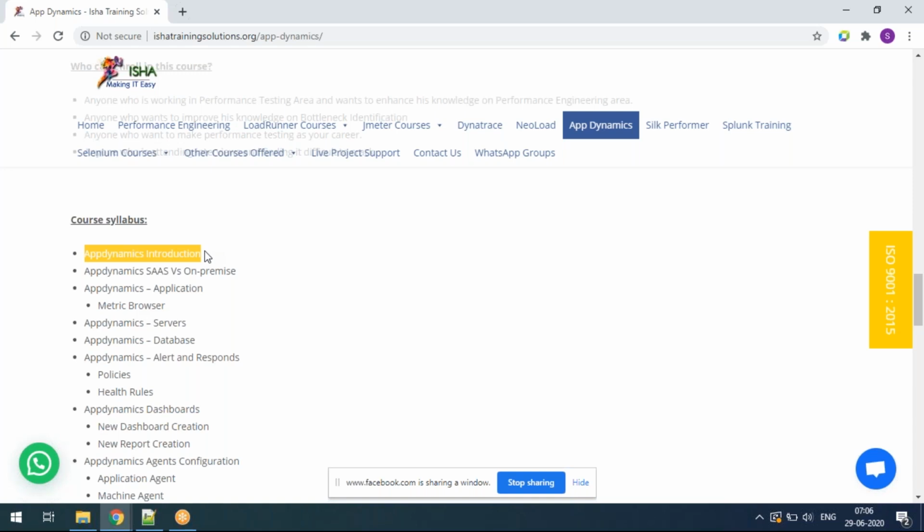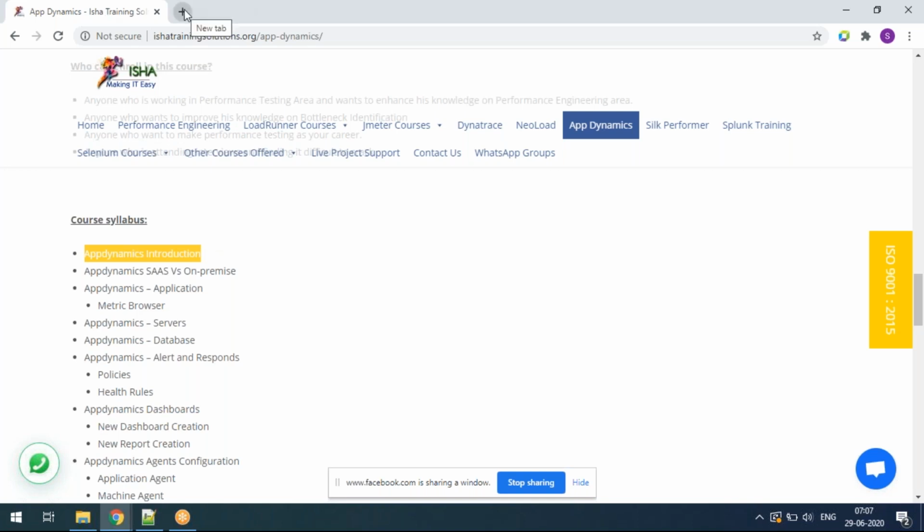Because Selenium or TruClient are considered object-oriented: if the object is there, it will say pass; if the object is not there, it will say fail. So using the TruClient protocol or Selenium scripting, we'll get a response time, but it is not exactly the true representation of the end user response time. We cannot tell that straight away.